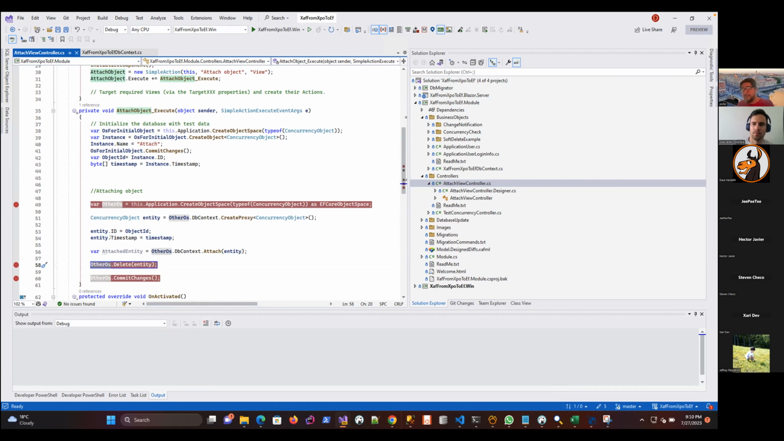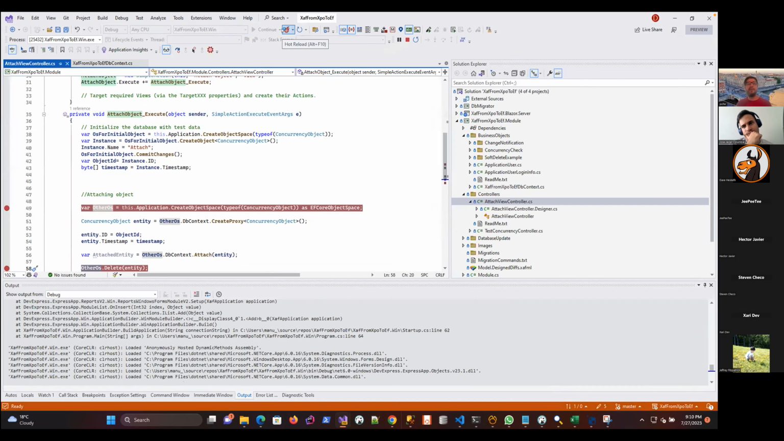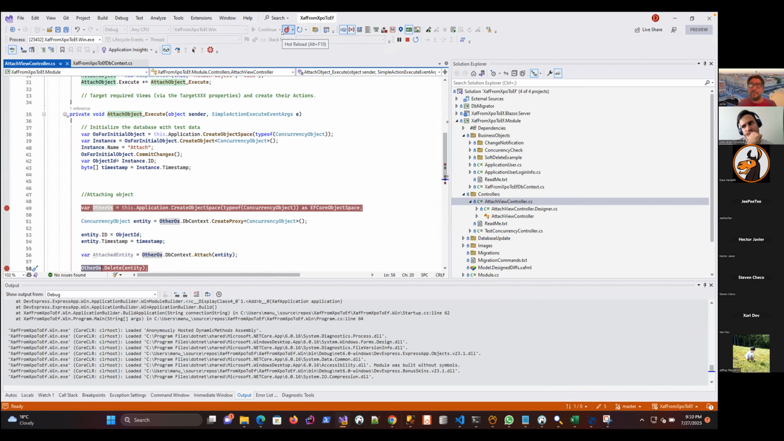And then basically with the object space, we delete this object and we commit the changes. So what will happen in here is that we will create an object in memory that we know the timestamp and the ID. We delete it, so we'll not load it again from the database, and you will see the query that gets generated. So let's run this,